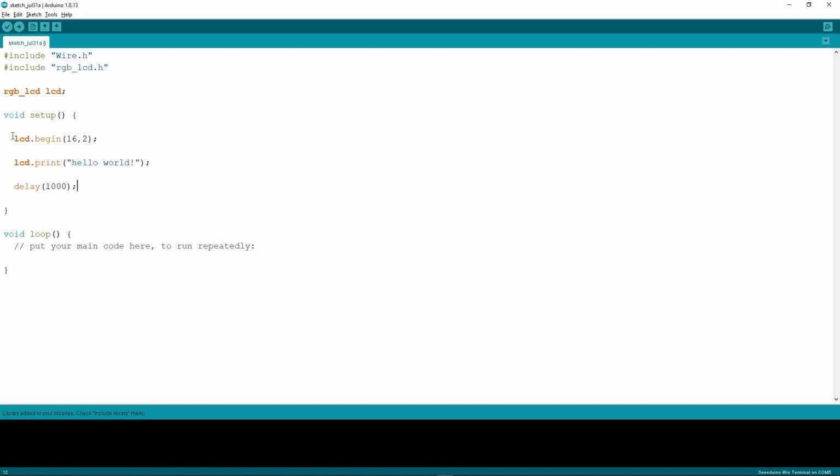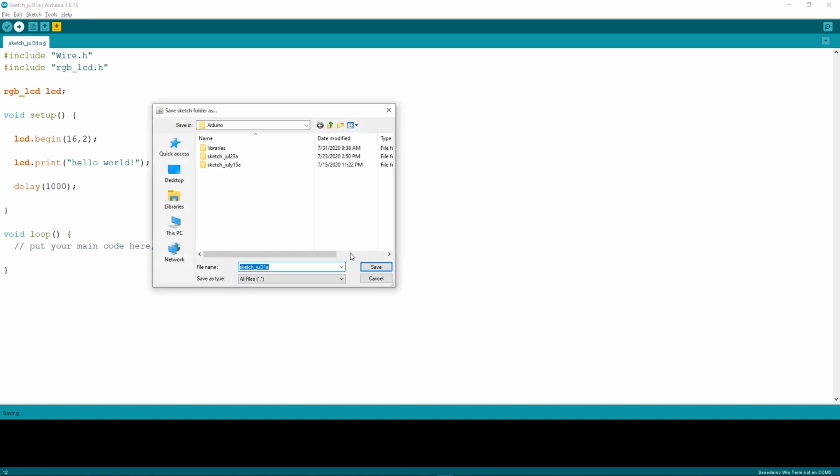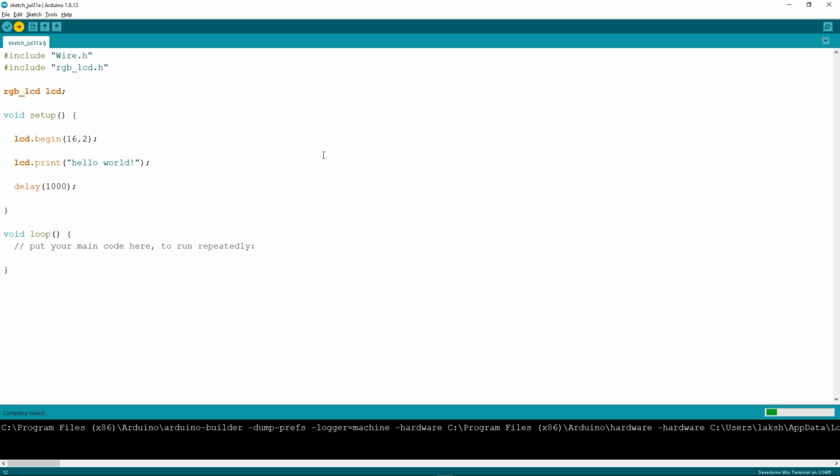So this is a very simple code to show hello world on the 16:2 LCD. Now let's upload this code to the board and see the result on the LCD screen.